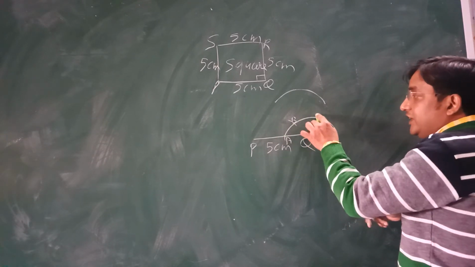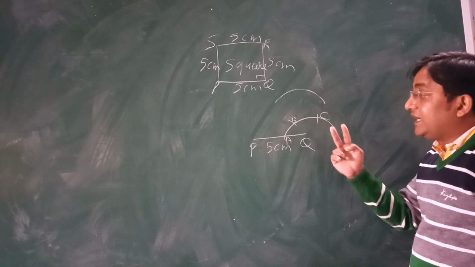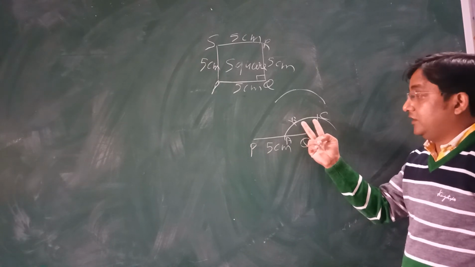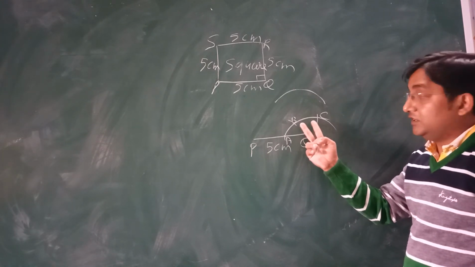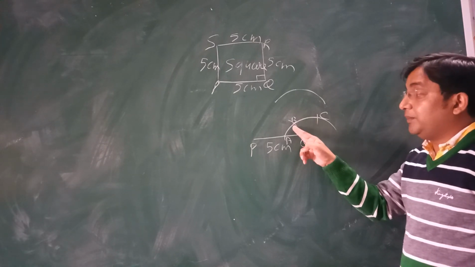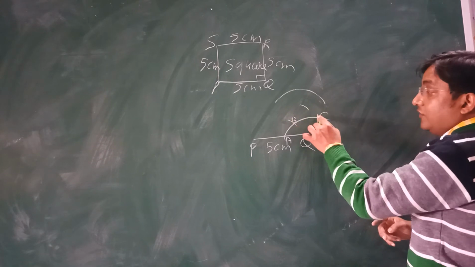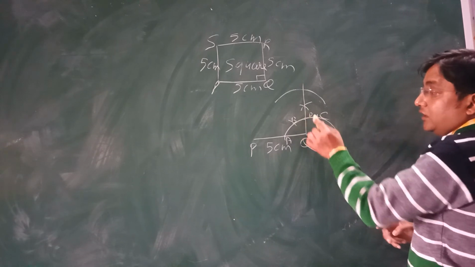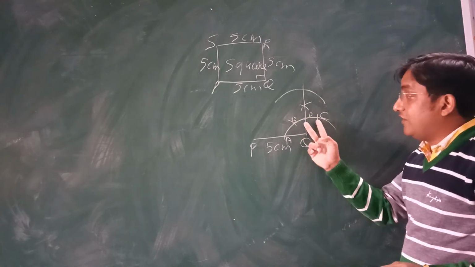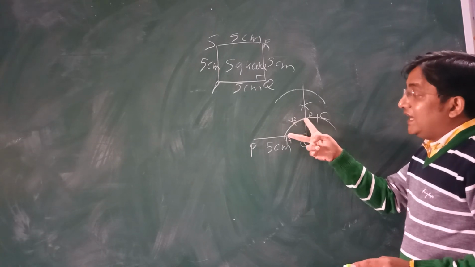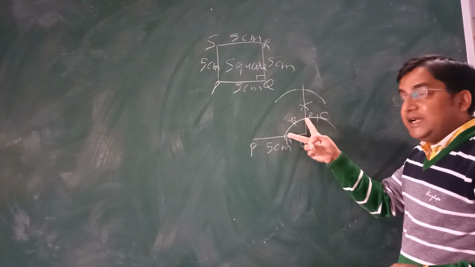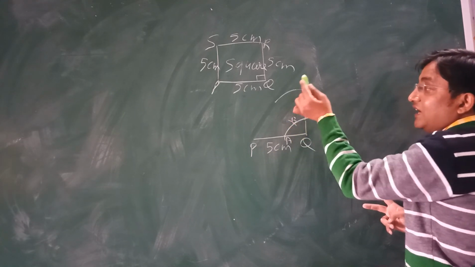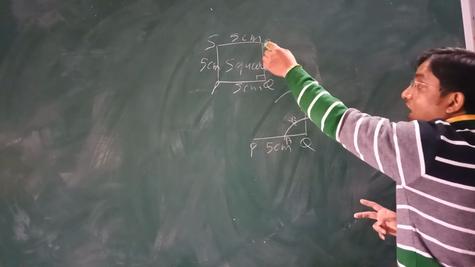So we will draw one more 60 degree, that is C. Now my 90 degree will lie between B and C. The measurement of B and C is 60 degree. So we will bisect this angle BC. From B you draw an arc, from C draw an arc and bisect it. Now this is D. This BD is 30 degree, which is half of it. So AD will be 60 plus 30, that is 90 degree. This angle is 90 degree. Now this 90 degree line when produced will intersect R at some point. That point will be your R.